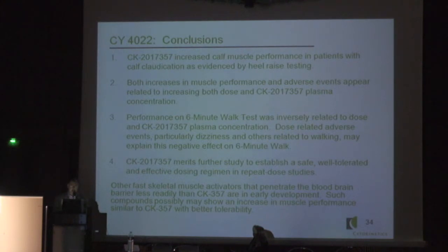So what we learned from this study is we were able to increase calf muscle performance in patients with claudication, evidenced by the heel raise testing, that both this increase in performance and the adverse events, again, were related to dose and plasma concentration. The 6-minute walk test was